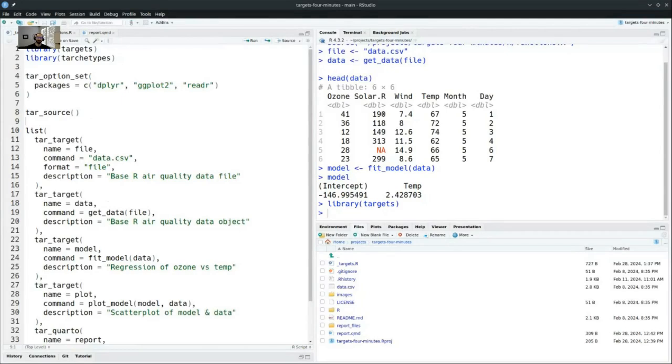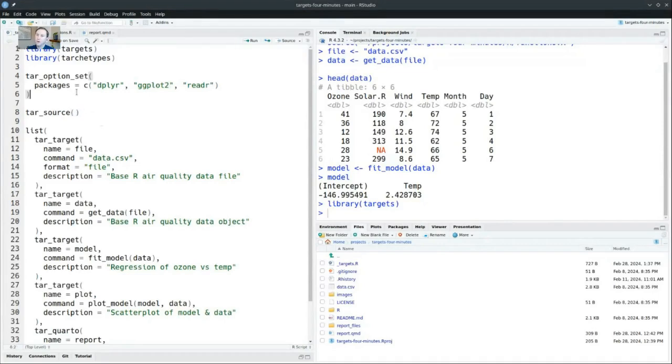So when you begin an analysis, whether it's inside targets or outside targets, you start by loading some packages and setting some options, loading some reusable functions that you've defined, and then going and doing your work. And that's why this targets file is the way it is. So I start by loading some packages that I'm going to need to define the pipeline. I'm going to set some options, and this packages option is the list of packages that the tasks in the pipeline are going to need when they eventually run.